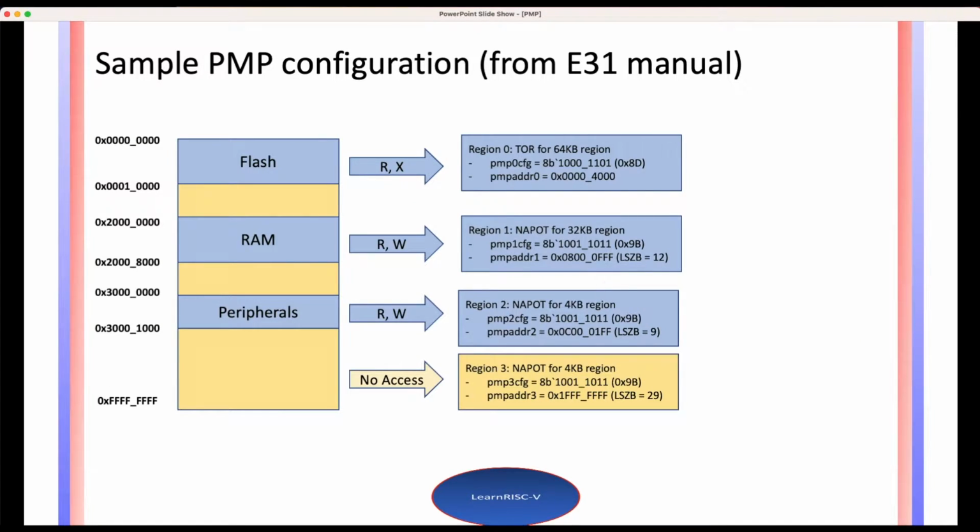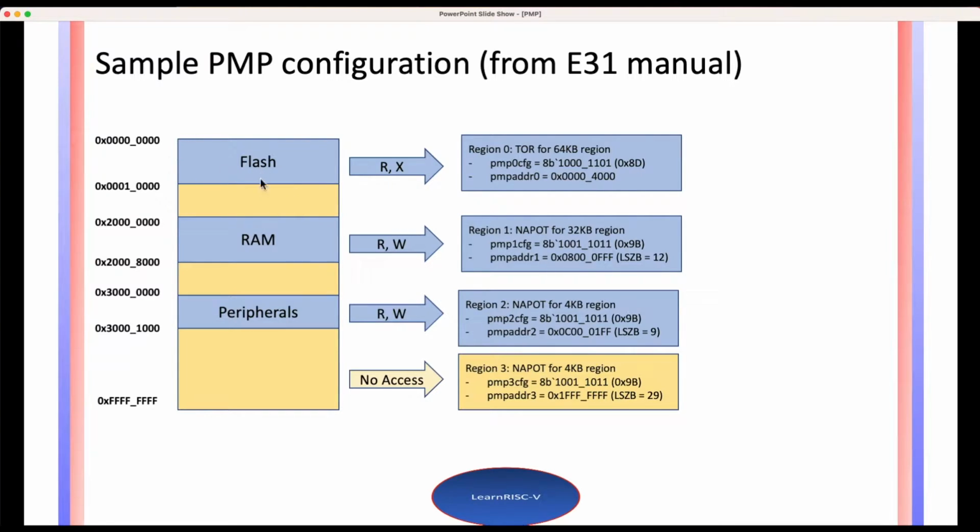And what does the top of the range mean? The address which is given in the PMP ADDR register is the top address, not the start address. Whereas if you go to the naturally aligned power of 2 configuration, the address whatever is there in the PMP ADDR would represent the start address or the base address of that region. Okay,